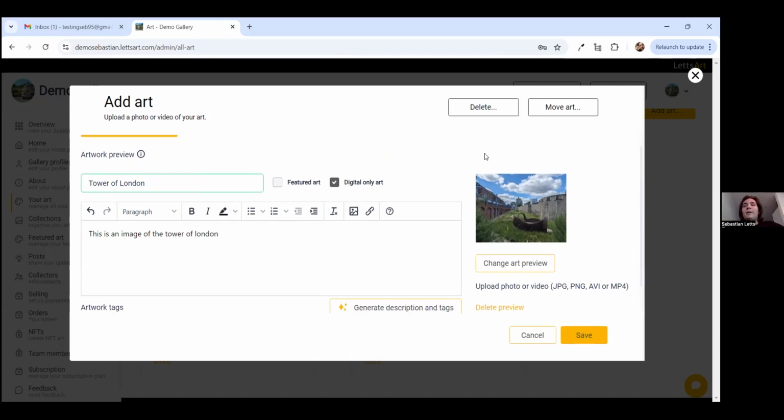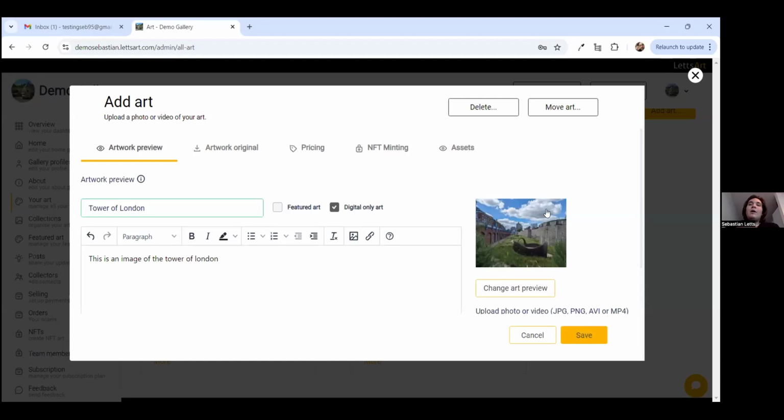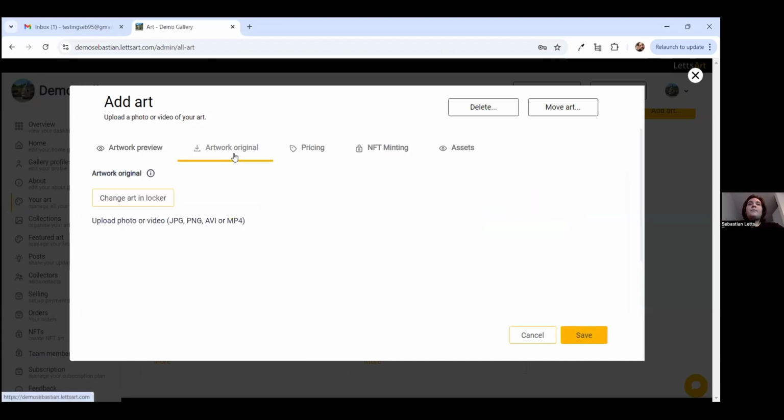Now, if you are happy with your artwork being freely previewed on your gallery, you can save at this point and not make any other changes. However, if you want to ensure that on your gallery, the example image is perhaps a feature or a preview of your full digital artwork, you can do that by uploading the image of your art as an art preview, and then adding the original version, the version that people would be purchasing, in your artwork original tab, which puts the artwork in a locker that no one can access unless they